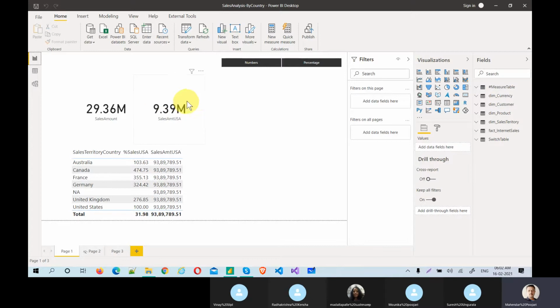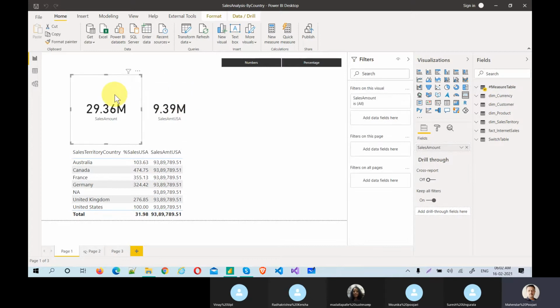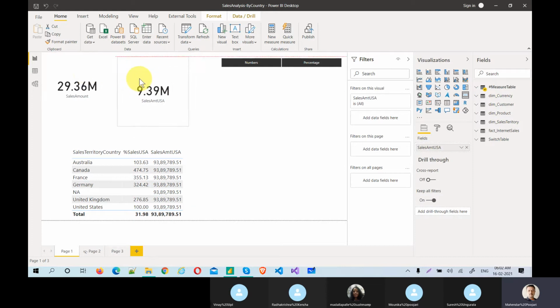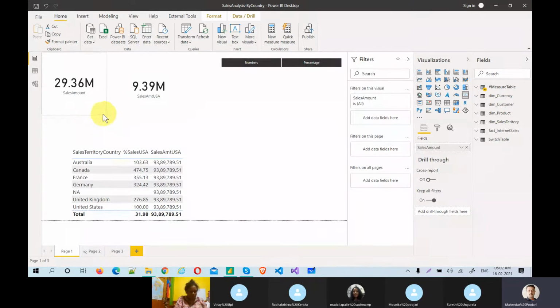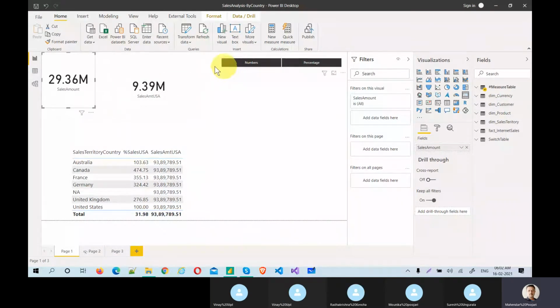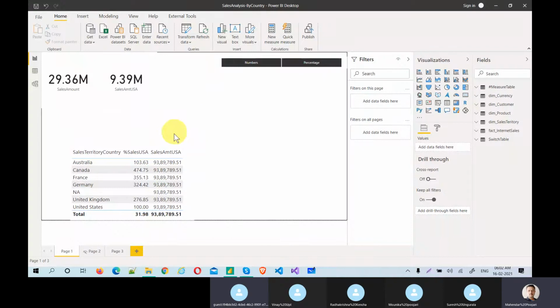Okay, so yesterday we created the sales amount and total sales amount. The sales amount part is over, so the numbers are done. Now we want the percentage for the same two values, so that whenever I click a number, numbers will come, and whenever I click the percentage, percentage will come. So that is the intent. So let's close this.